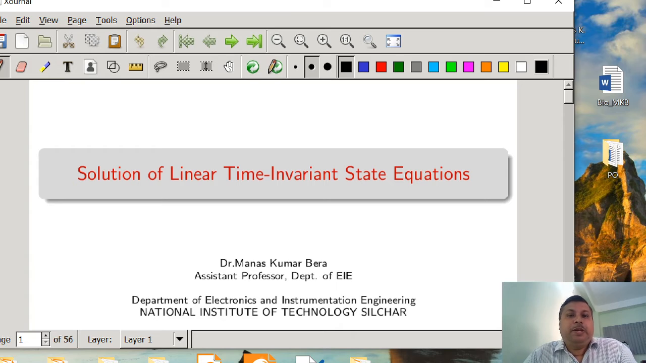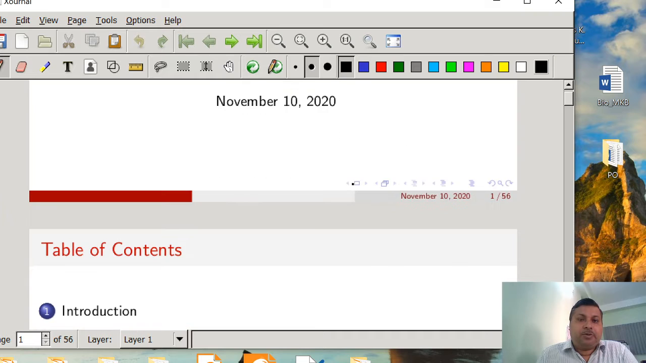So in the last two lectures we have discussed the review of linear algebra. Today we are going to start to understand the solution of linear time invariant state equations. These are the topics we are going to cover